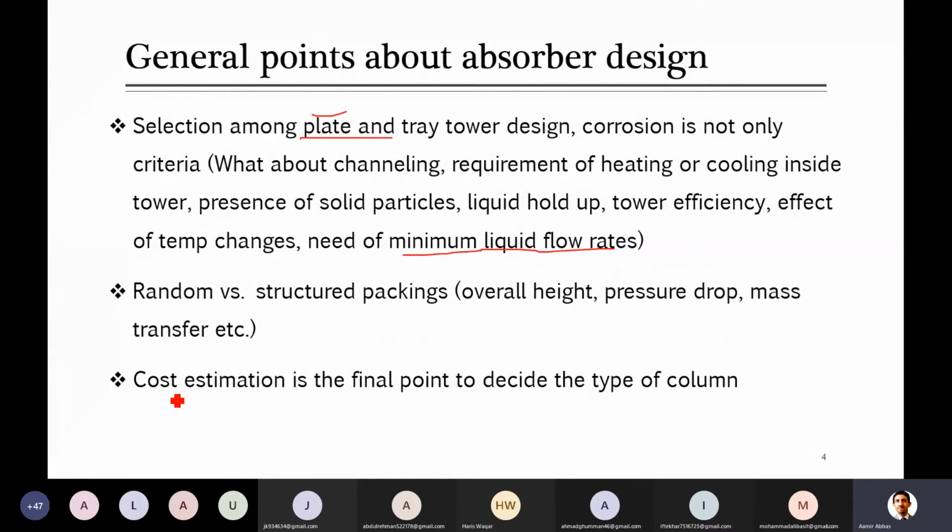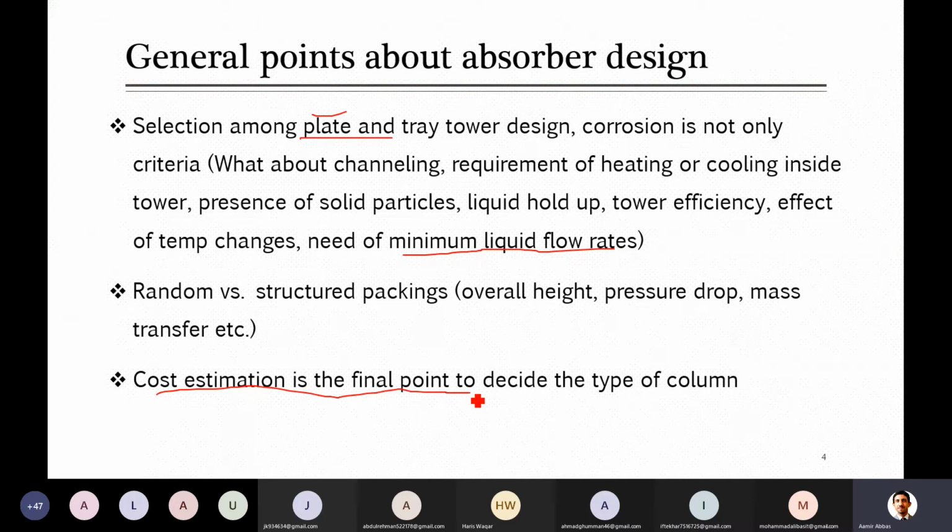And in industry, when you are dealing with the design of equipment, you are working as a design engineer. This is the procedure. You have to select a number of parameters and come up with a number of solutions. For example, there are plate tray towers as well as packed towers, and inside the packed tower you select random or structured packing, and inside the tray tower you select different types of trays, different weir heights and so on. So you can go with many options, and at the end of the day, for each of those equipment you go for the cost.